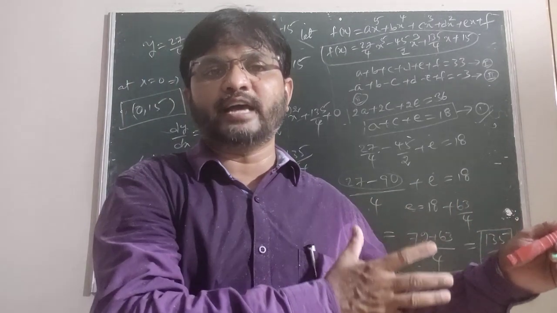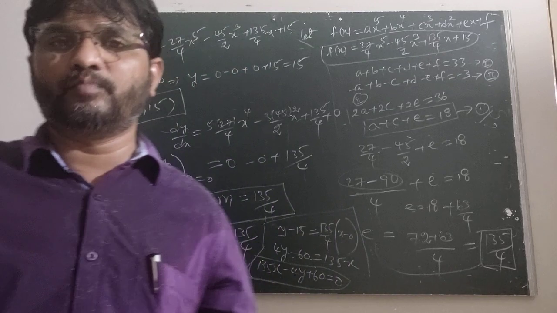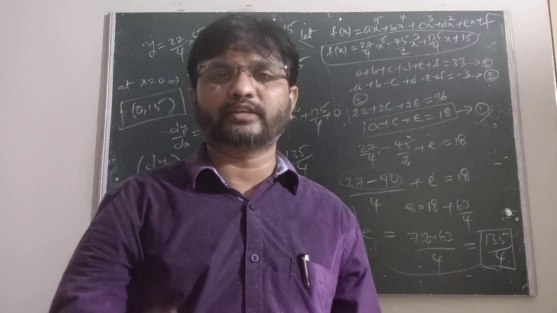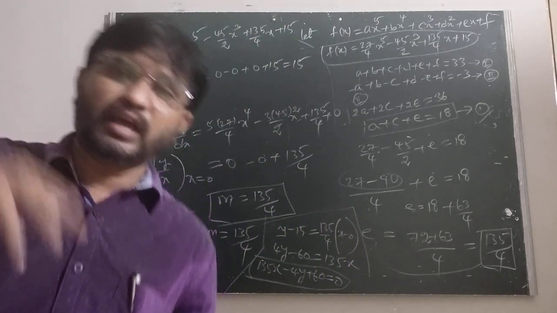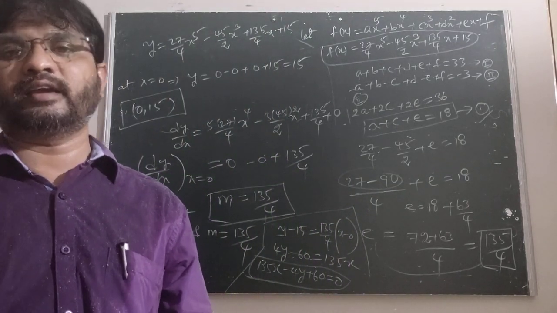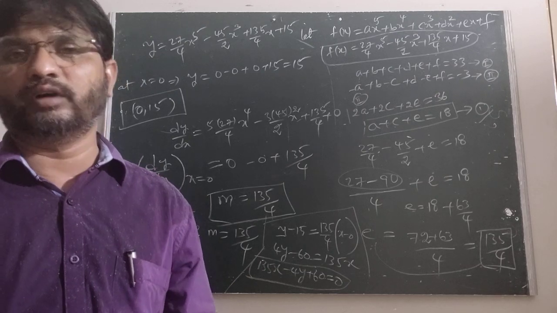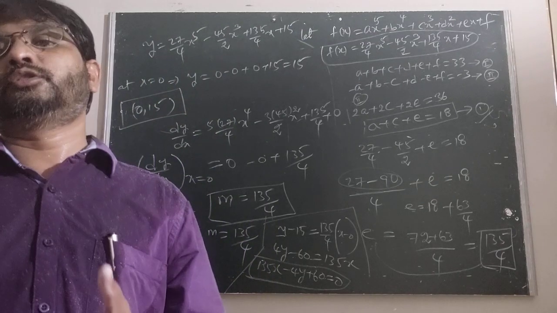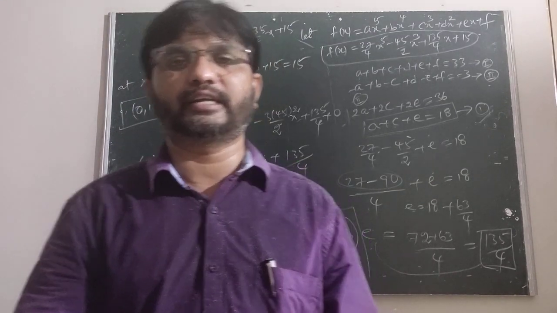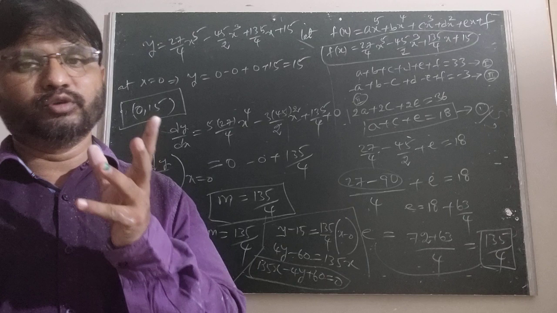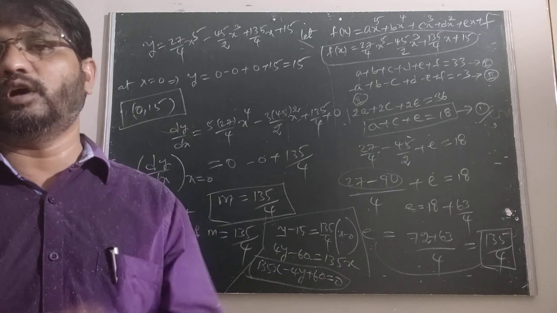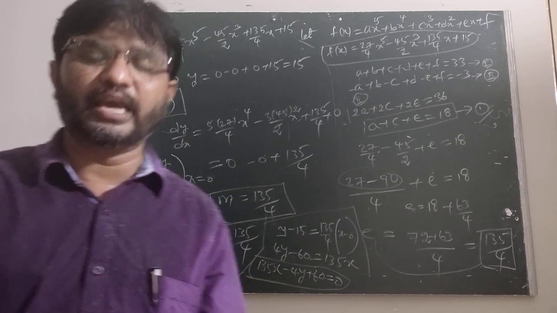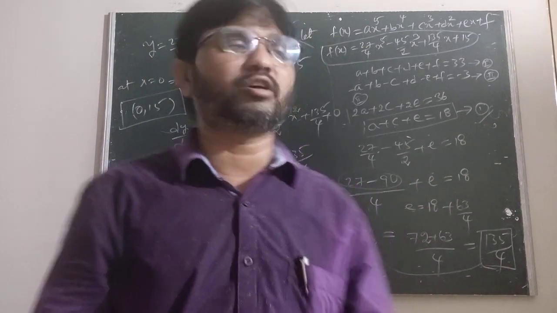When we take f dash of 1 equal to 0 and f dash of minus 1 equal to 0, after addition and subtraction we get two conditions. Then f double dash of 1 equal to 0 and f double dash of minus 1 equal to 0 also give two conditions. So solving these 6 equations, we get the values of the 6 constants a, b, c, d, e, f.